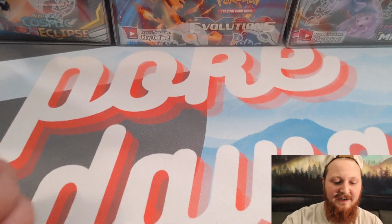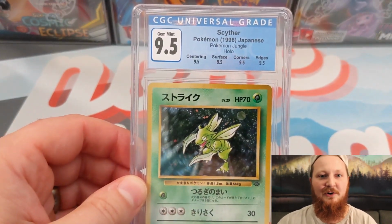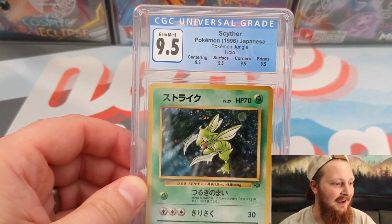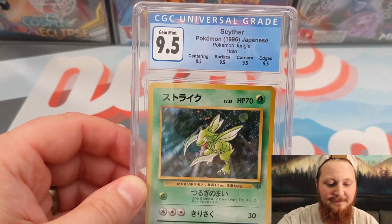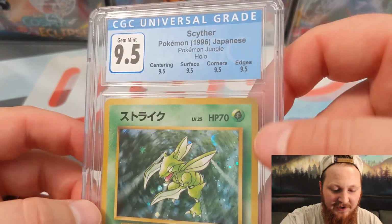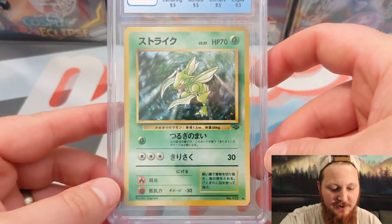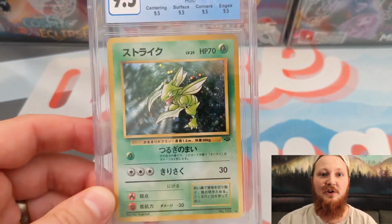All right, so grading is kind of one of those things that just comes with the Pokemon card collecting hobby. Super fun. Probably my favorite part about it, maybe aside from sealed. Well, no, probably grading cards is my favorite thing. So, this is a Scyther card. This is a CGC 9.5, and I'm showing you this to show you what grading companies look for in terms